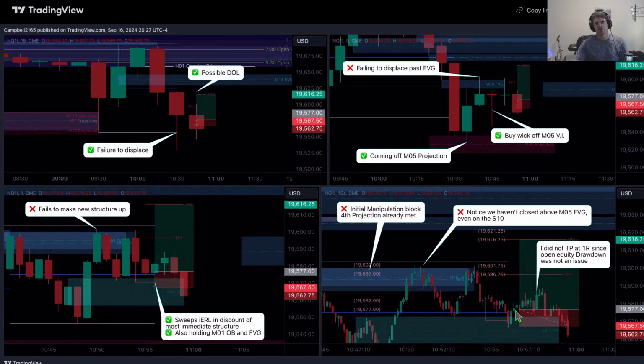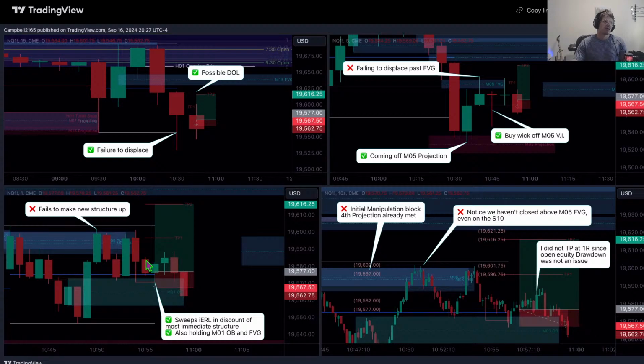And then, so my entry was here. Could have taken 1R off here. So sort of should be a relatively break-even trade, I think. 1R, 30%. So would have lost 30%, right, of risk. Not too bad. There's a lot working for this,